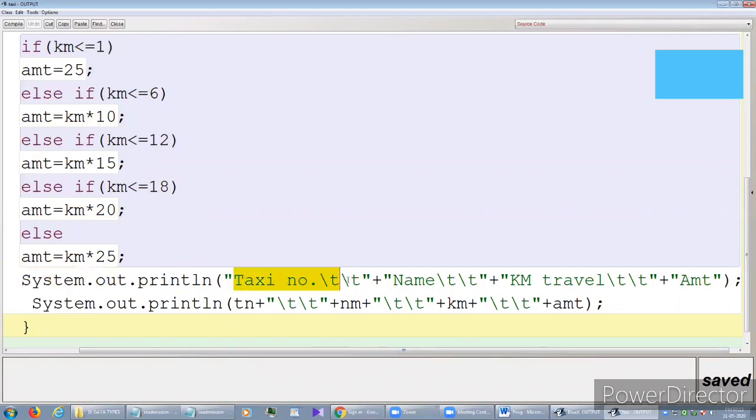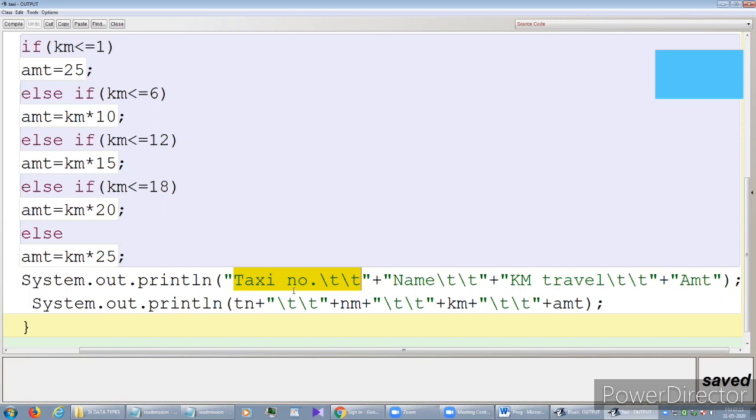Within this double quote, see this highlighted portion, we wrote taxi number, then \t\t. That means two tab escape sequences are given. So taxi number is visible, then we get a gap, then the name is visible, then a gap, then kilometer travel is visible, then a gap, and then the amount will print there.